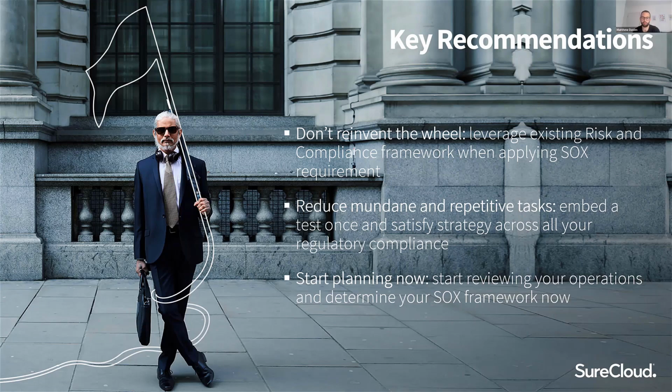The final one is obviously start planning now. This is something that is going to be coming. Obviously, there are no exact dates on it, but you can really start to think about reviewing the things that you need to support it. So have you got the teams in place to deal with this style of control testing? Do we have the skill sets in? So reviewing your operations, making sure you have the tools. That's not to say that you have to use a GRC tool, but you need a systematic way to manage this. It is a fairly robust process. It will be consistent and repeatable. So have you got the tooling and people to support it?